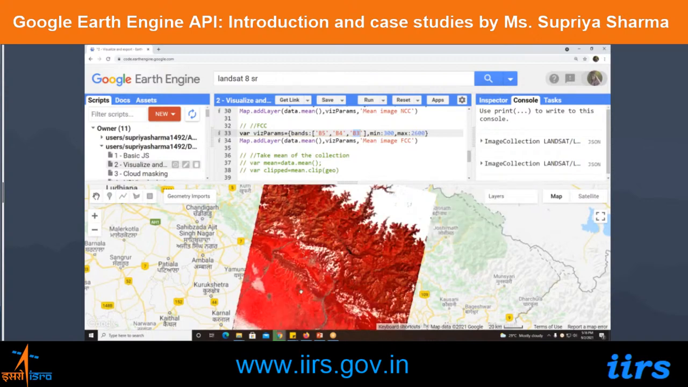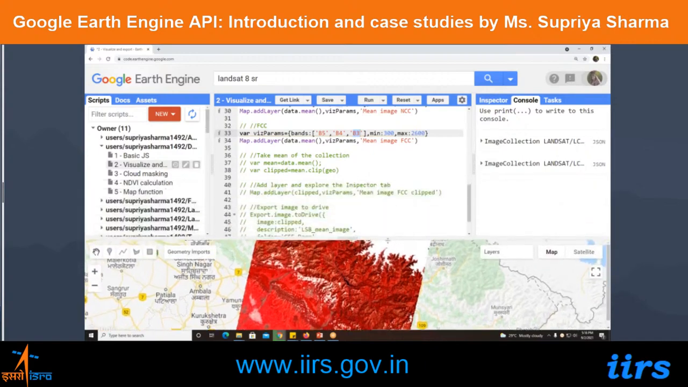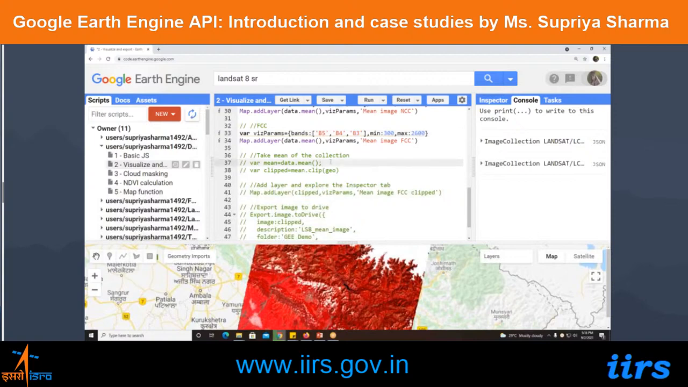Now, we only selected a very small region for our geometry, but here the entire Landsat 8 image is being displayed. Now, we don't want to work on the entire image, so we can also choose to clip this image based upon our geometry. So for that, I'm creating a variable called mean, and I am taking the mean of the data. Then I create a variable called clip, and I'm clipping this mean image with respect to my region of interest. Now, if I add this clipped image to the map,